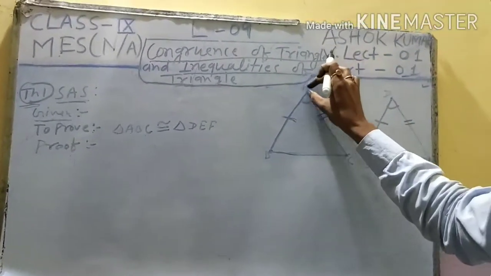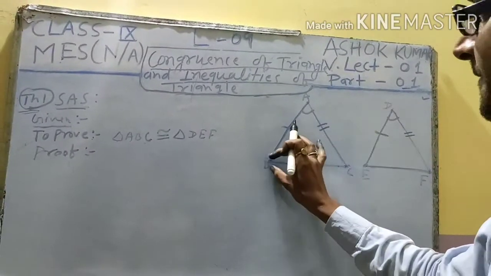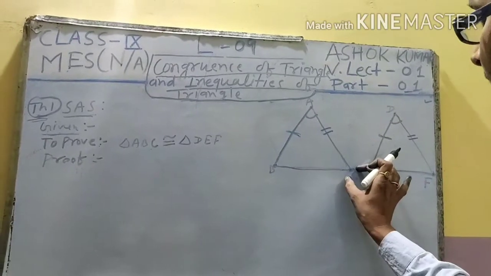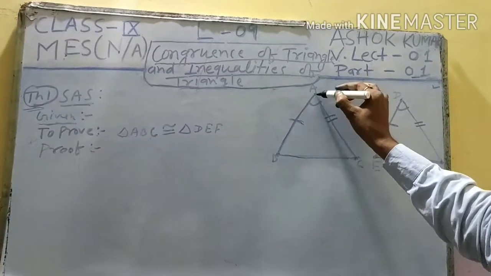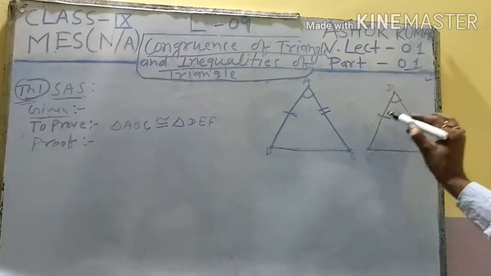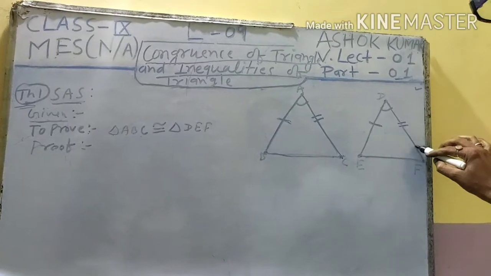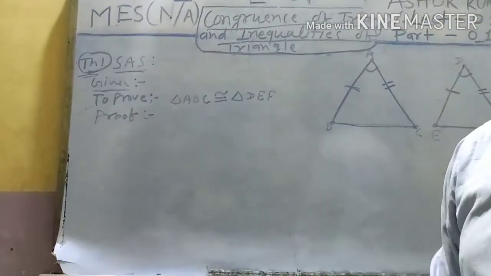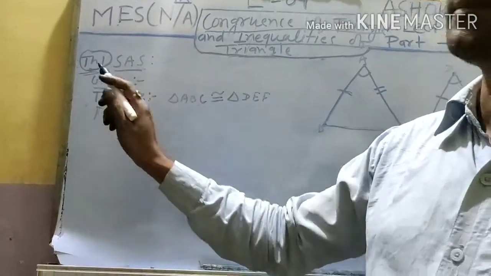Student, you have to write down all the given information. That means first the point coincides, then this line coincides, then this point coincides, then this line coincides, then C coincides. After all the points coincide, the last is AC coincides with DF. Okay. So student, this is the proof of theorem 1. Understand, student? Then after, theorem number 2.